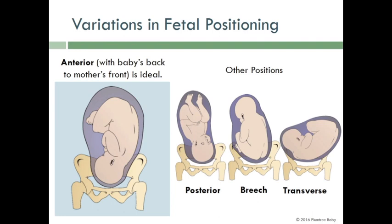So variations in fetal positioning greatly impact the delivery of your baby. Vaginal deliveries occur with head down or vertex positions. And the optimal position is called an occiput anterior position, which is baby looking at the floor. That way the baby can execute those cardinal movements the best way and shorten your labor, both the first stage